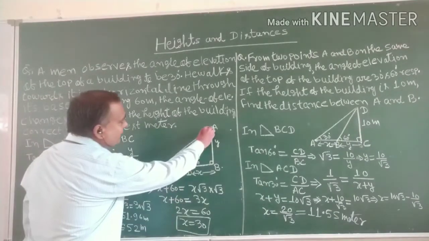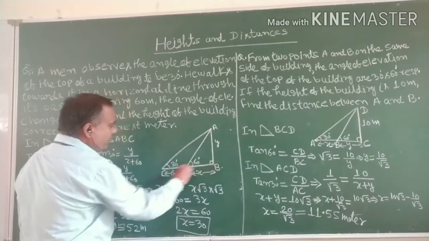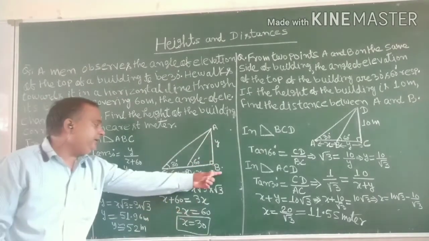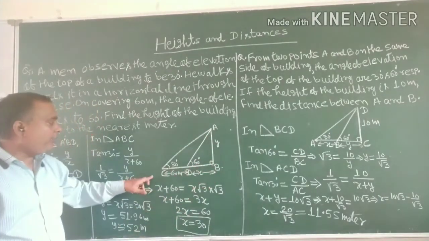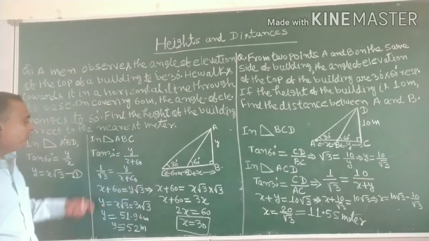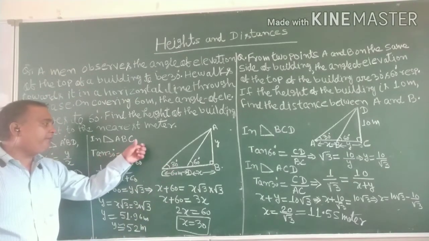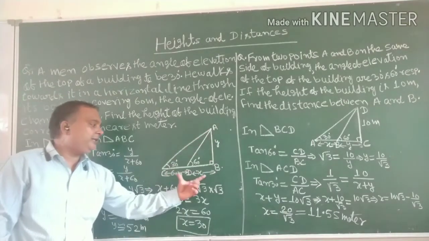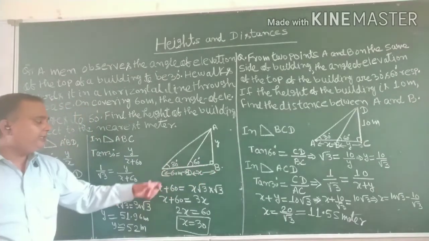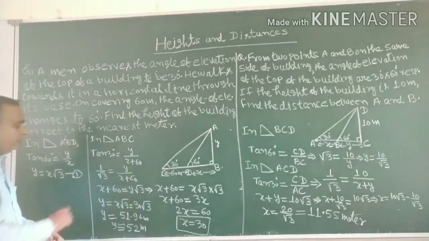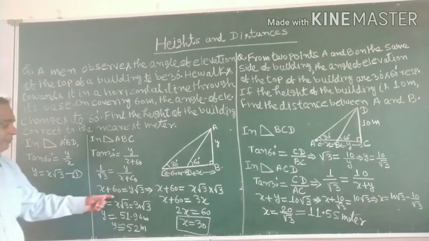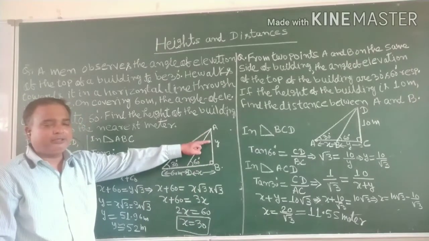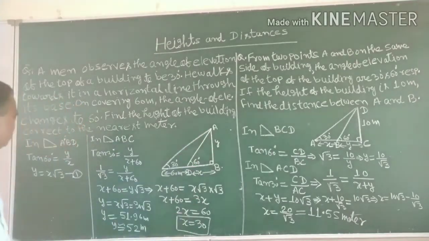Now we take the second right angle triangle, that is ABC, where the perpendicular is AB, BC is the base, and now the angle of elevation is 30 degree. So we can write tan 30 degree equal to, again, perpendicular upon base. Perpendicular is Y, and base is the total distance between B and C, that is X plus 60. When we cross multiply and solve, the value of X is 30 meter. But we have to find height of the building. So height, that is Y. Now what is our equation number 1?